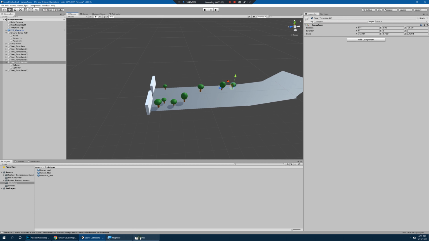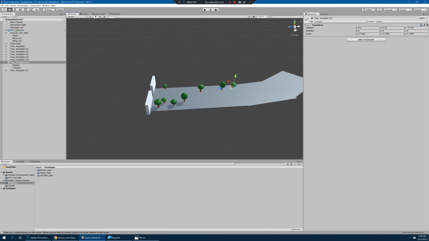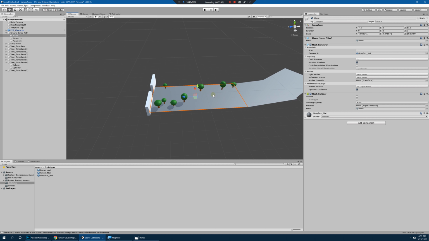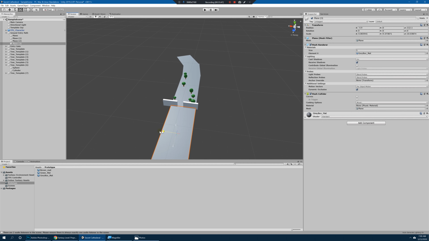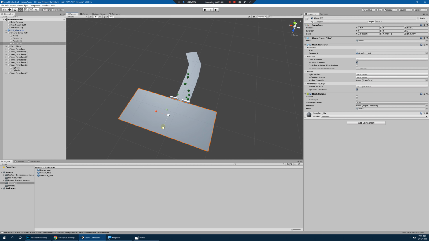There's our original pathway that we made right here. See all the trees that I suggested. Next, we're going to create this, which is going to be level with our pathway, like this little market area right here. So I'm going to go to my plane. Control D will duplicate. I don't know if I've said that yet. And I'm just going to create a pretty big area. I don't know exactly how big I'm going to want it yet,